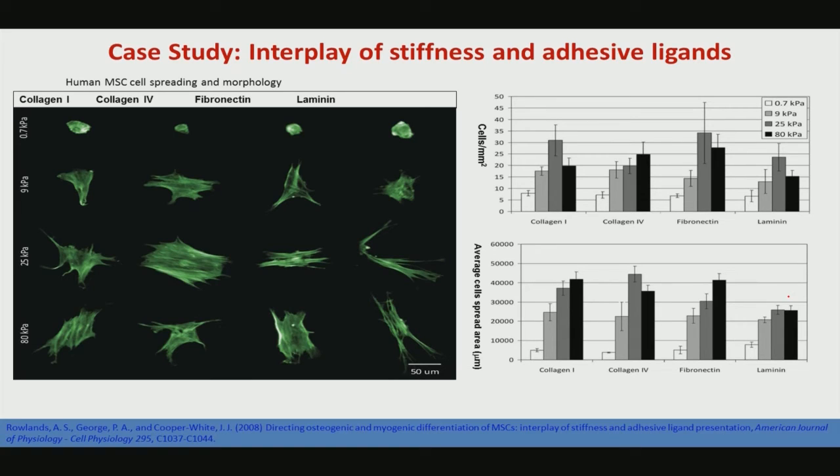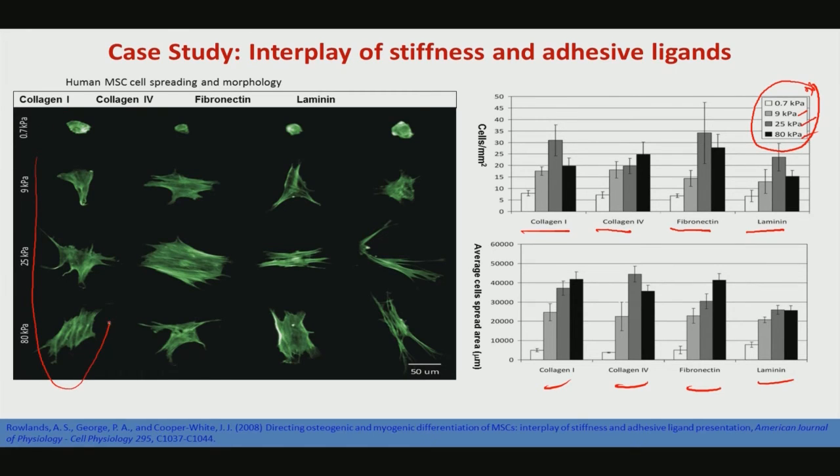This shows a little bit more detail, like people have used different substrate stiffness, which are mentioned here: some substrates have stiffness of less than 1 kilopascal, some 9 kilopascal, some 25 and some 80 kilopascal. They have grown the stem cells, human mesenchymal cells, and they have used different extracellular matrix like collagen 1, 4, fibronectin and laminin coated surfaces, and then this is that